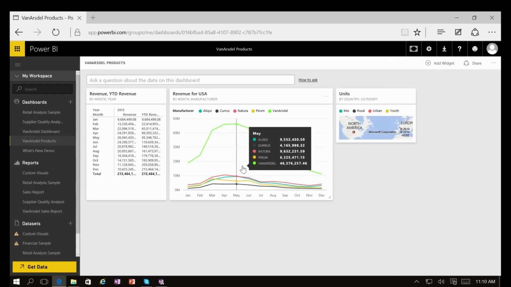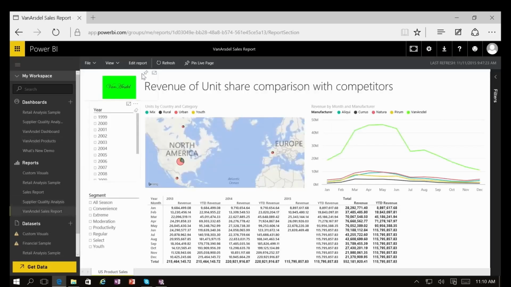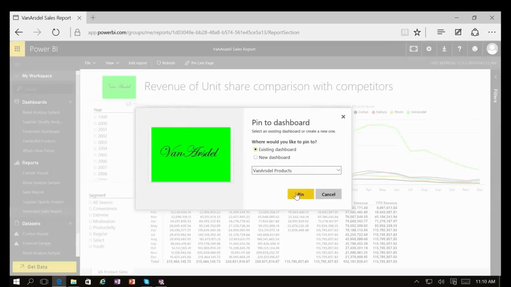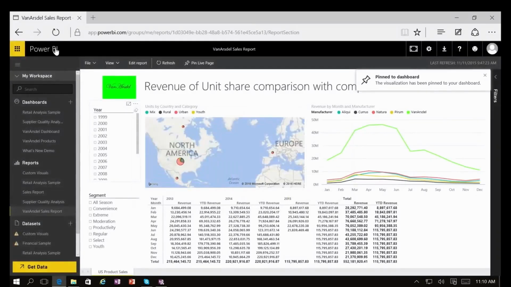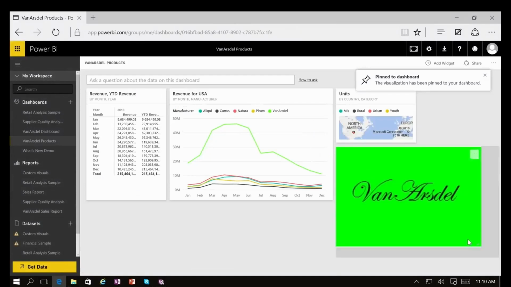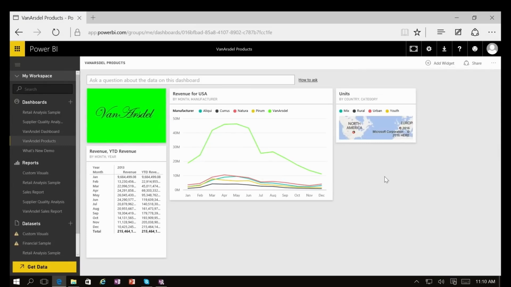You can also pin things like visuals from a report, to add things like your company's logo. Let's just resize that to make it a bit smaller and put it on the top left corner. Great. Now you have a very nice dashboard that shows visuals from your company's